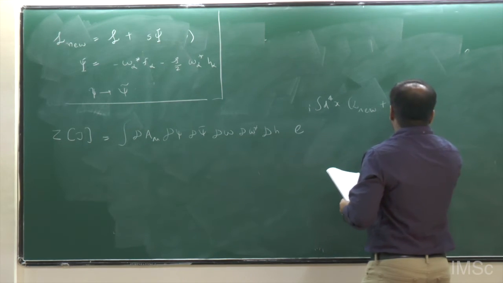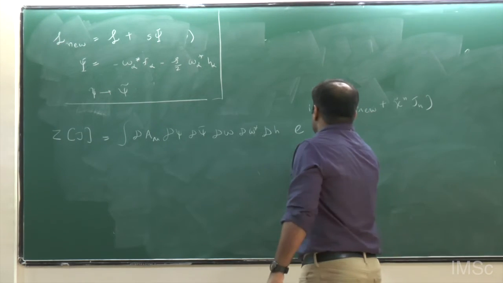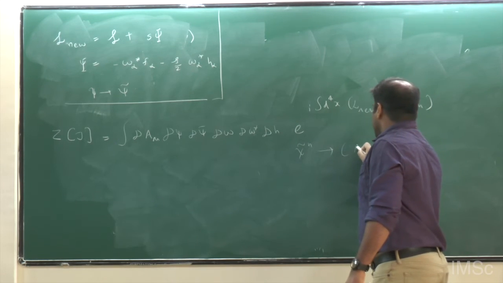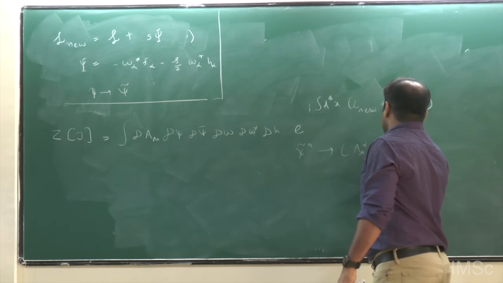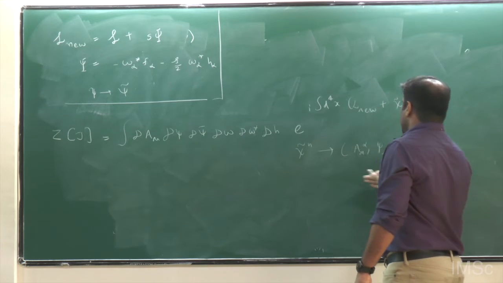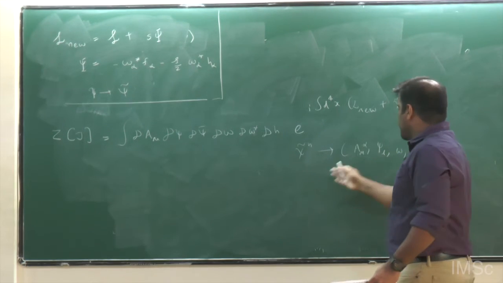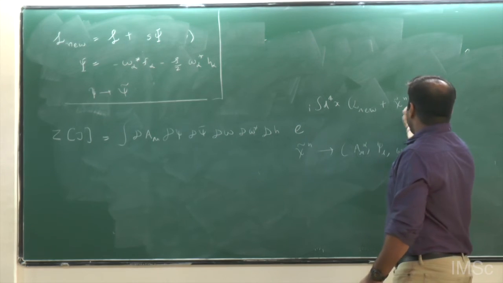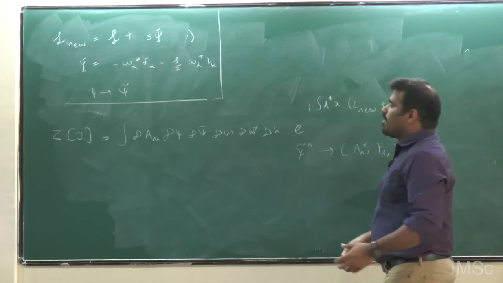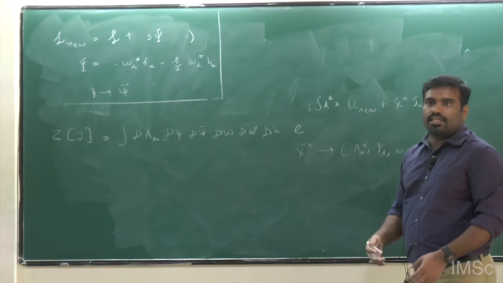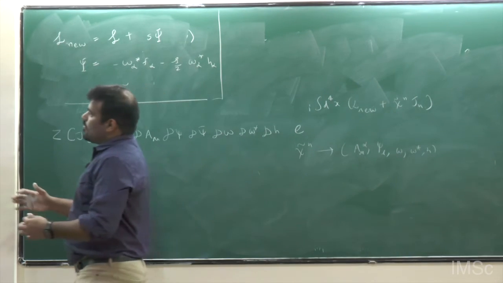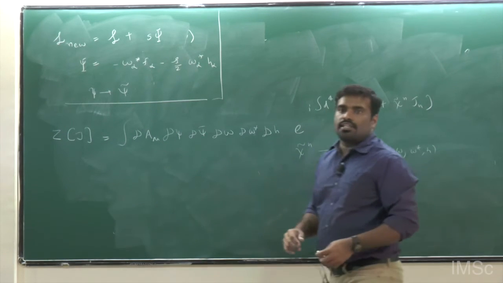So let me tell you what is chi tilde n. Chi tilde n is a notation which I collectively use for denoting any of the fields A mu alpha, psi, psi bar, omega, omega star, and h. Chi tilde n can be any of these fields, and for each field, we can introduce a source term. And once you are able to compute this object, you can extract all the correlation functions. So that's why it's a generating function. Now we would like to know what is the effect of BRST symmetry on this generating function.